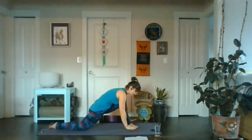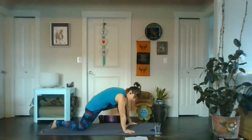Really get that heart energy circulating with some circles of your shoulders. This might be small circles. They might be big, close to your ears. Keeping with a strong navel, so open up our hearts in stillness for one moment and exhale, bringing your hands back to the earth. Stepping back